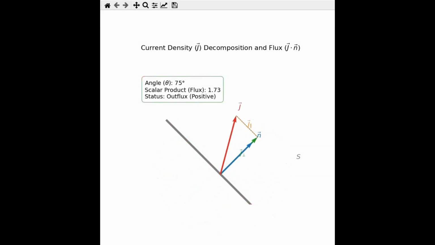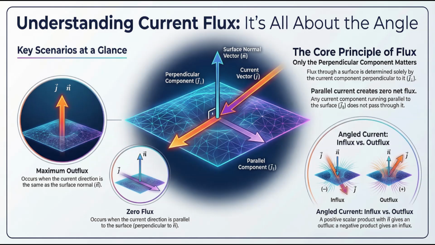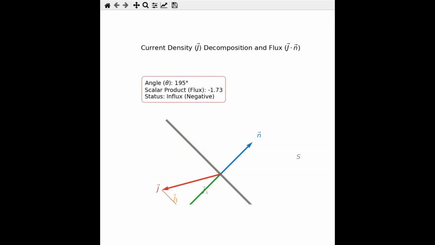And finally, the sign of that scalar product tells you the whole story. If the result is positive, you've got a net outflux. Current is flowing out. If it's negative, that's a net influx. Current's flowing in. And if you get zero, that means the current is perfectly parallel to the surface, so